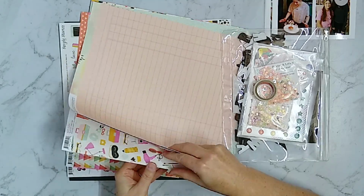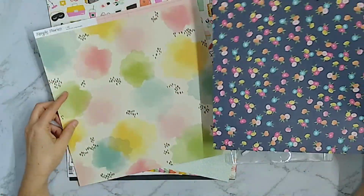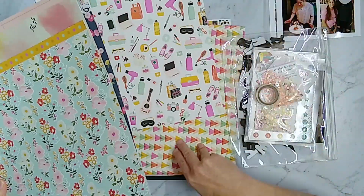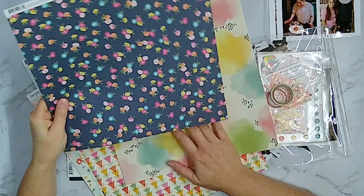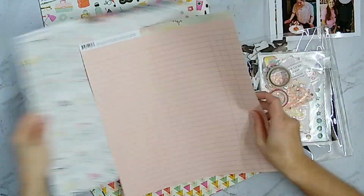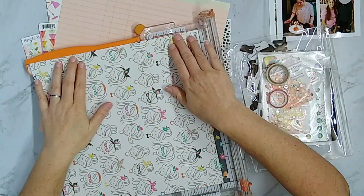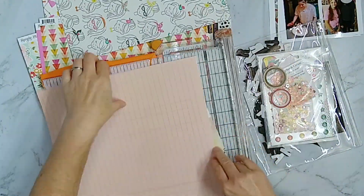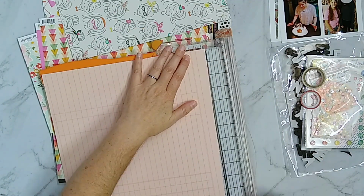So today I am scrapbooking my youngest daughter's 13th birthday, and that is why I put this kit together for that teen girl vibe. And here I am sorting through my pattern papers, just trying to figure out which patterns I want to use. And I decide that that piece with all of the smiling faces is perfect because I have a lovely group photo of all of her friends sitting around on the floor watching a movie during her